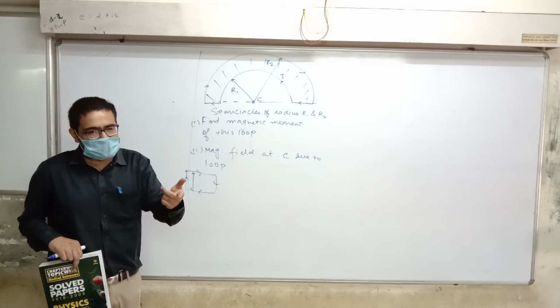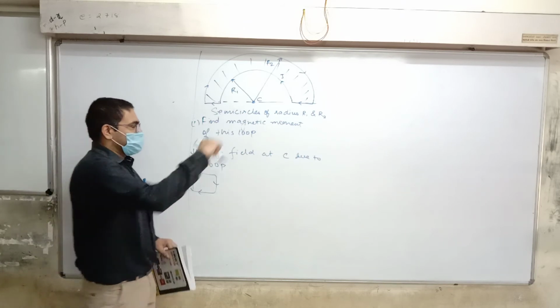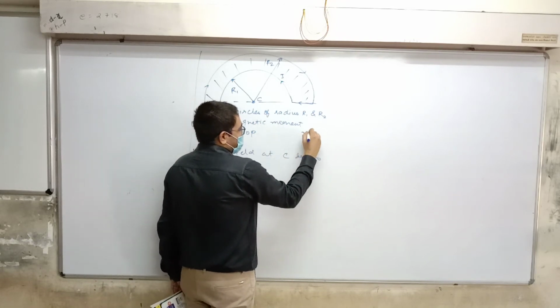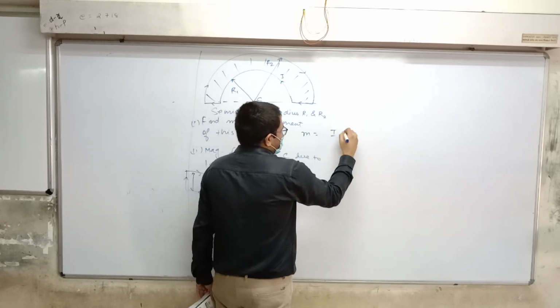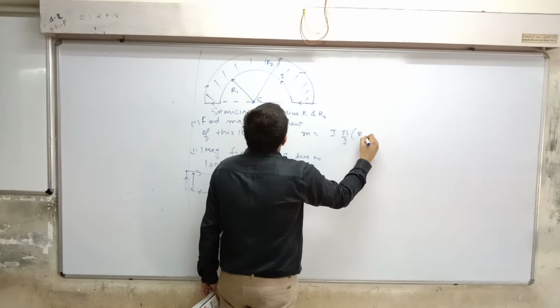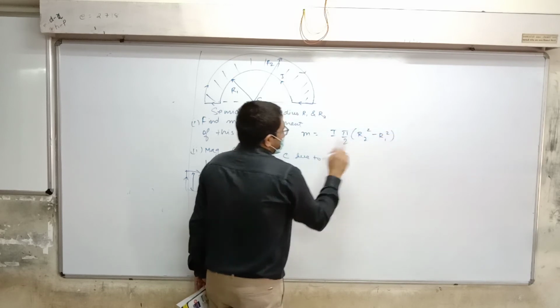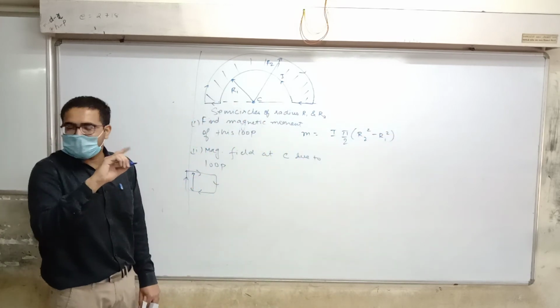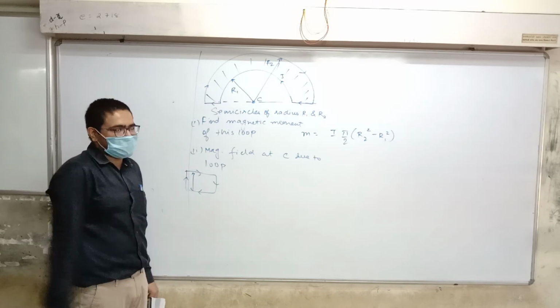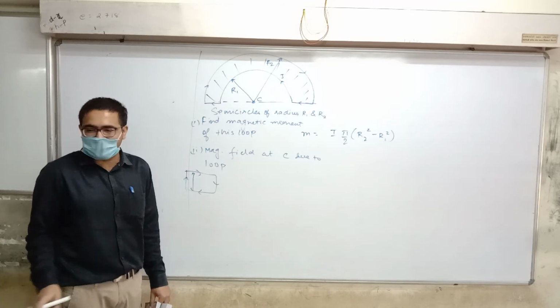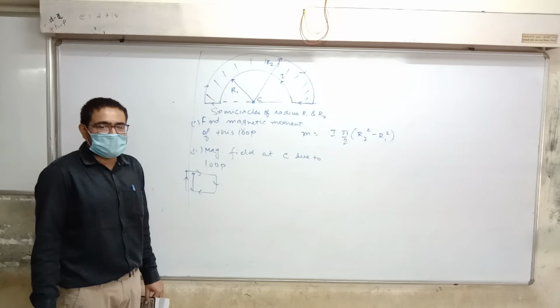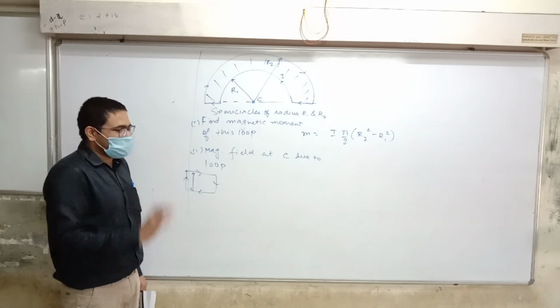Am I not right? So the first answer is M equal to I into pi by 2 into r2 square minus r1 square. Clear? Such questions should be finished within 10 seconds and left behind. Right? Next,